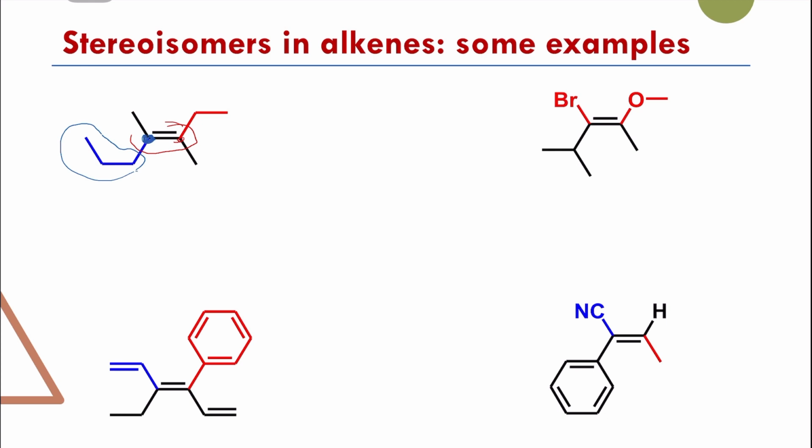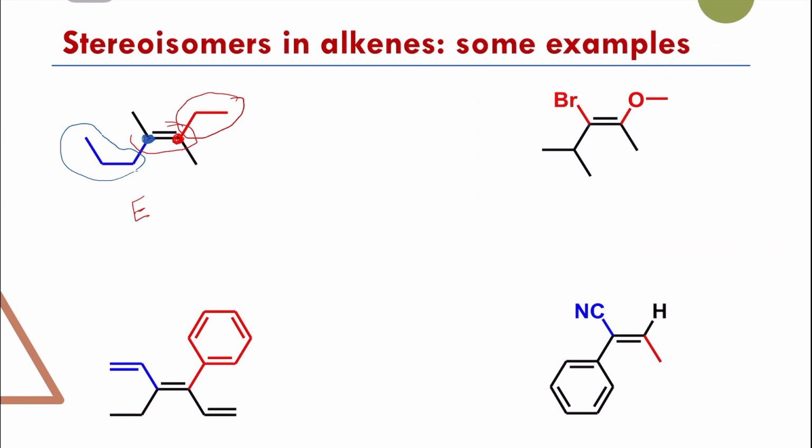Now the second carbon, the red one, has a methyl and an ethyl. Which one is given the priority? It's going to be the ethyl group. Now the two groups are on opposite sides, so this is an E. The second one,